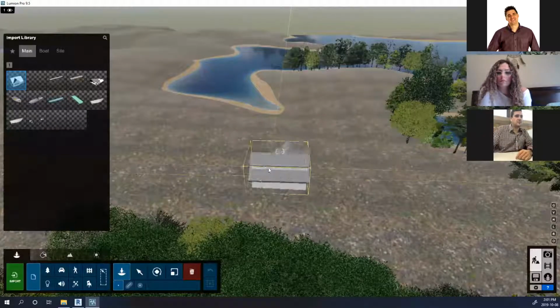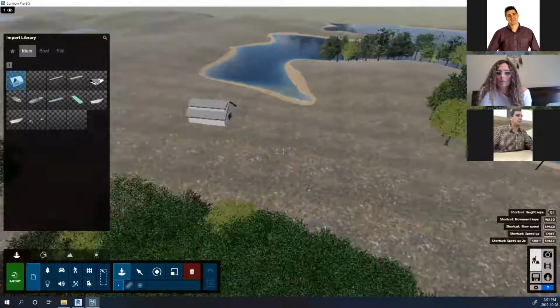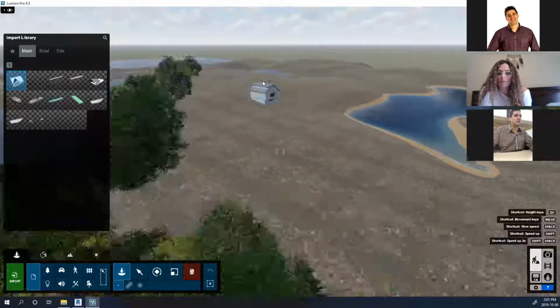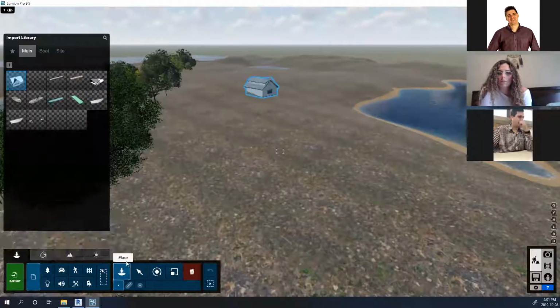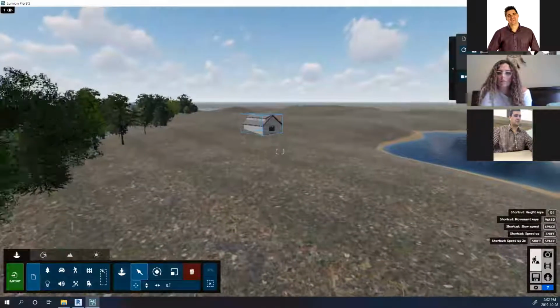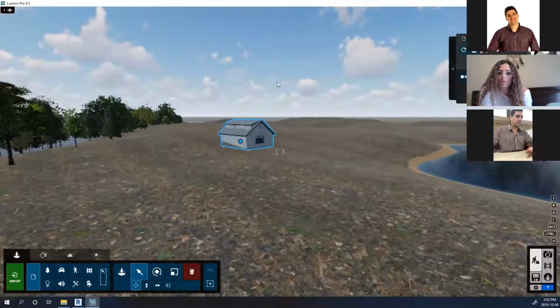So that's not super hard. You just place it, probably a little bit more over here so it's out of the way. Now that I've placed it, I'm going to click the select button so it doesn't place another one. It's very similar to video games. I'm not sure if you play any video games, but on the keyboard,